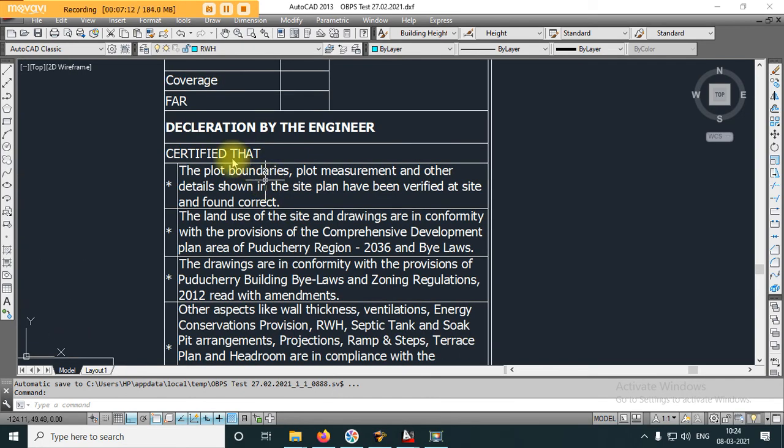That is, the engineer needs to declare that the plot boundaries, plot measurement and other details shown in the site plan have been verified at site and found correct. Then he has to certify that the land use of the site and drawings are in conformity with the provisions of the comprehensive development plan and bylaw. Then the drawings are in conformity with the provisions of the Puducherry building bylaw read with amendments.